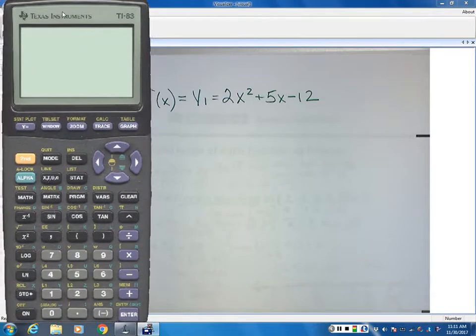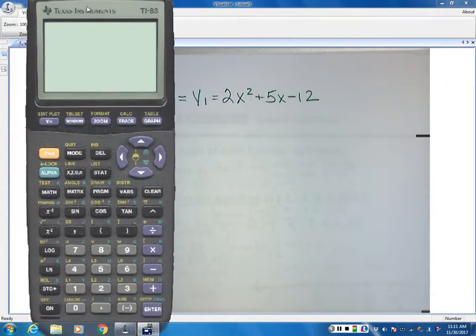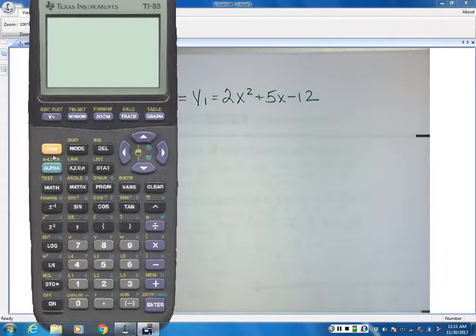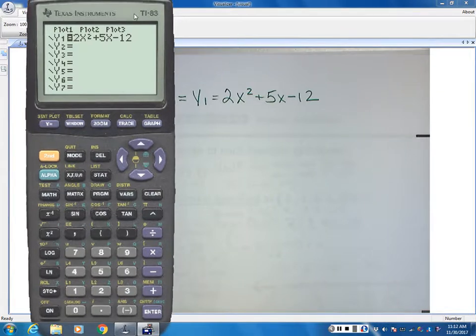So here we have the function f of x is equal to y1. That's where we're going to put it, in y1. And I actually already still have it in here from last class. So if you don't have it in there, you need to type it into your y1 equals on your calculator. And the questions that we're trying to ask are, what is the domain and range